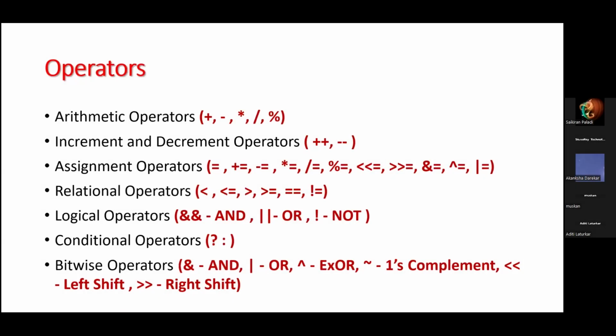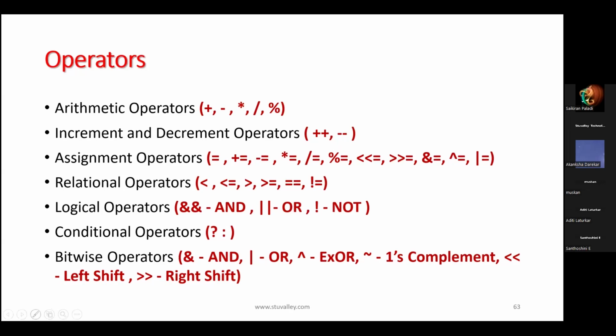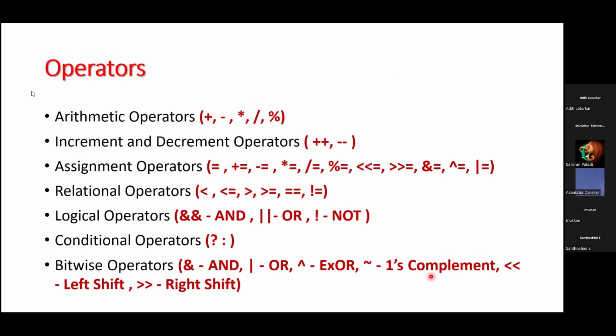In yesterday's session, we started with operators, and we have already seen the arithmetic operators and increment, decrement operators. So we are continuing with the next operators, assignment operators. These are equal to, plus equal to, minus equal to, multiplication equal to, division equal to, modulus equal to, left shift equal to, right shift equal to, and equal to, or equal to, and XOR equal to. Sorry, not equal to. So we will see a few of these assignment operators